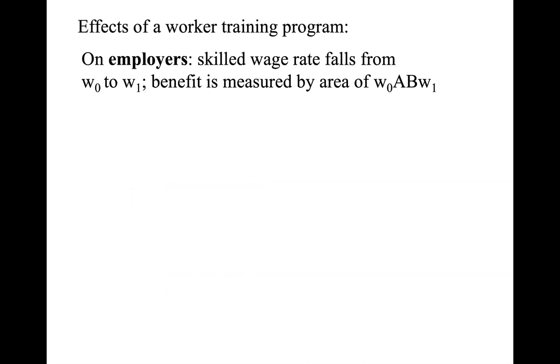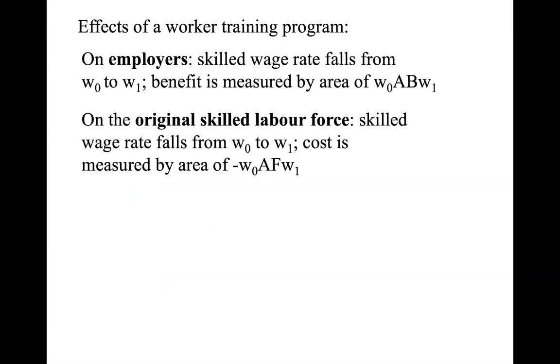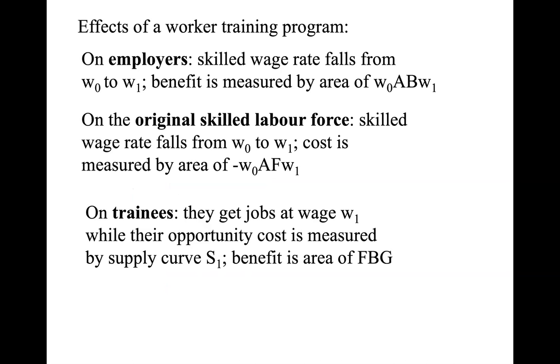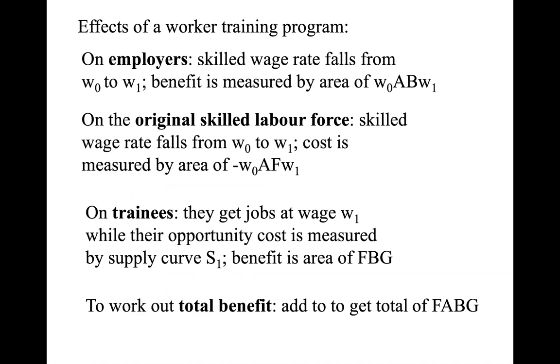So again, worker training program, skilled wage rate falls, employers benefit, original skilled workforce loses because the wage rate falls and they pay a cost, and the trainees get a job where they didn't have one before, so they also get a benefit. So when you net out the total benefit, again, the net is still positive, but the group that's going to lose is the original skilled workforce. And this is something that bothers them. They want to amass power to prevent that from happening. And that's why they originally started becoming interested in unions, because they wanted power against that employer, particularly for less skilled jobs. But it's not necessarily something that's bad for them to gain power,